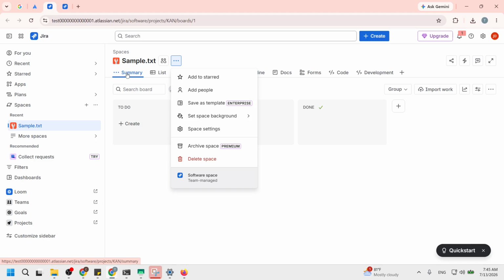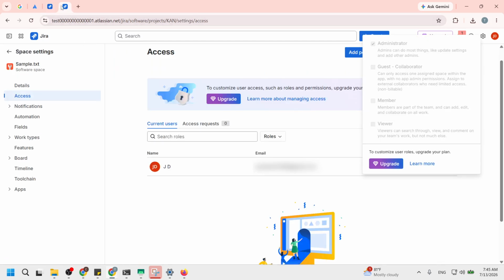After that, click on the three-dot icon which usually appears in the upper right corner of your screen. From the drop-down menu, click on Space Settings. This step is crucial because it allows you to access the configuration settings for that particular space. As you click the icon, a menu will unfold, revealing various options related to your space. Once you select Space Settings, you will be directed to a new page where you can manage different settings related